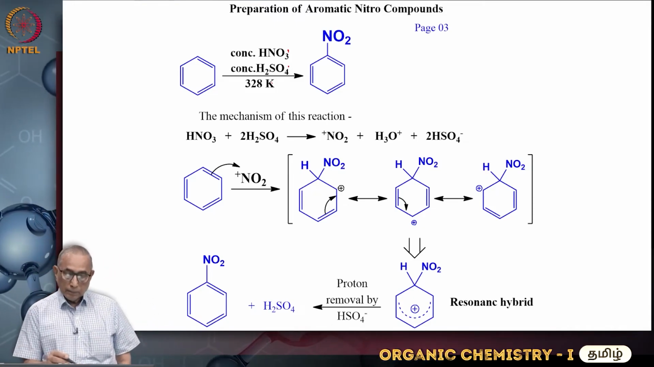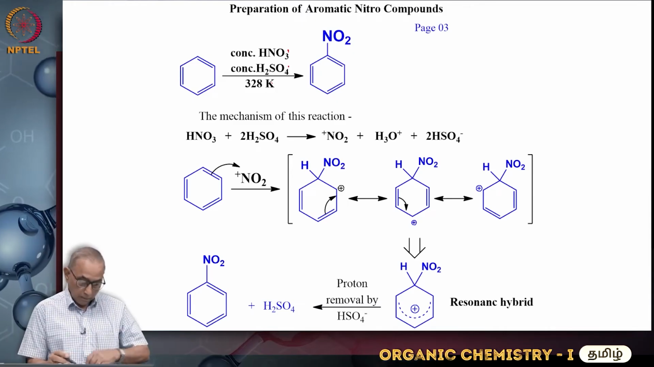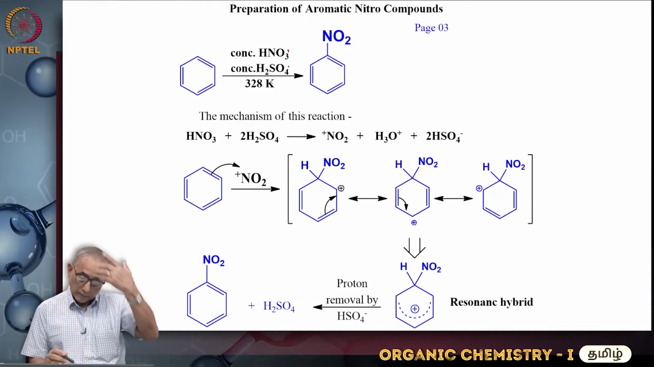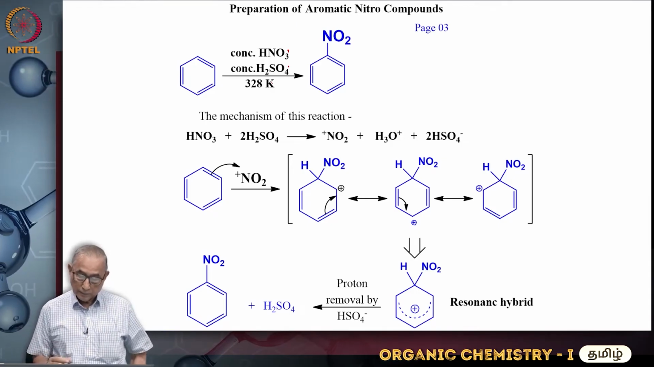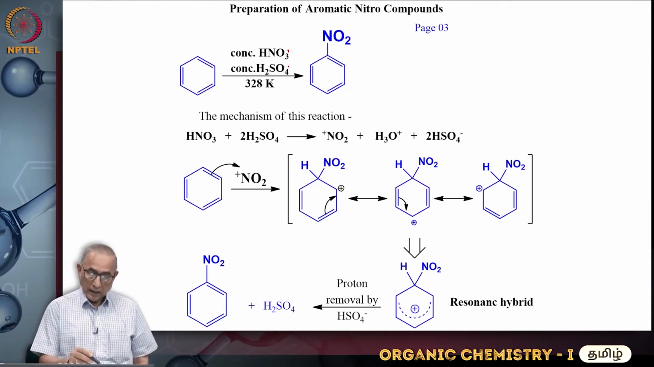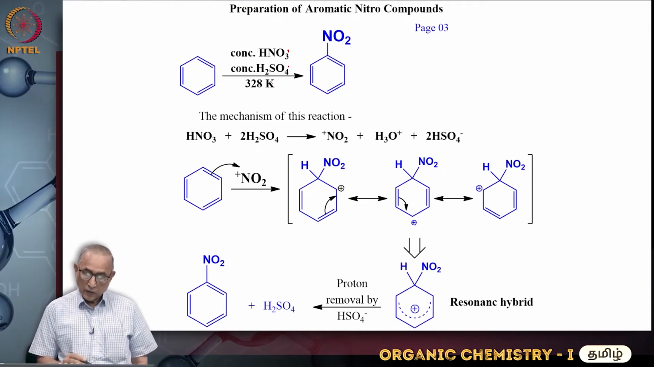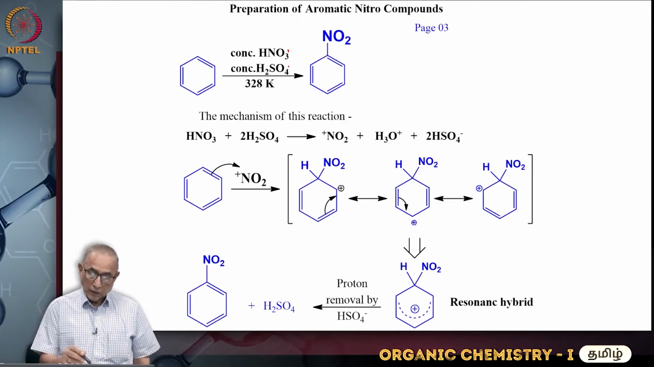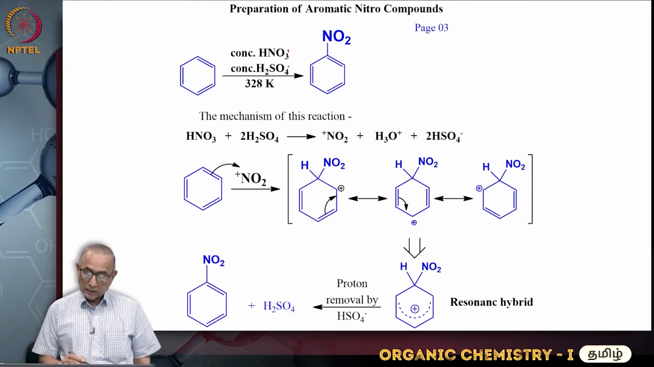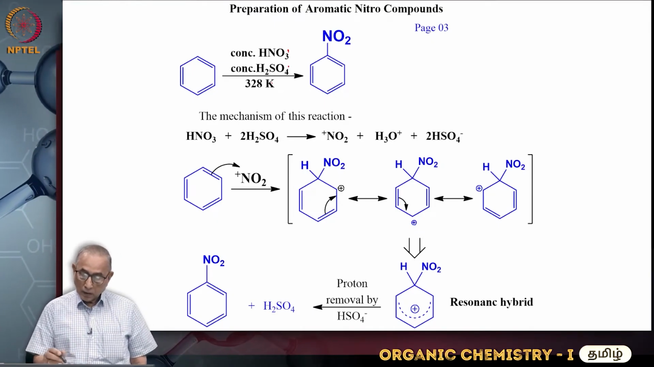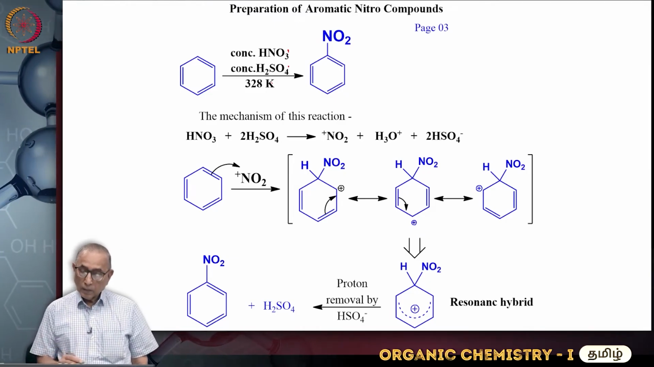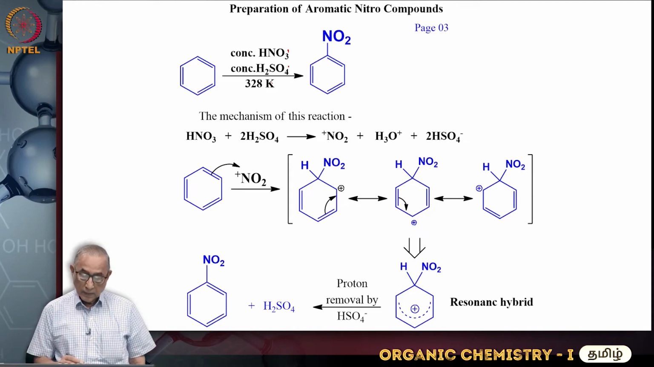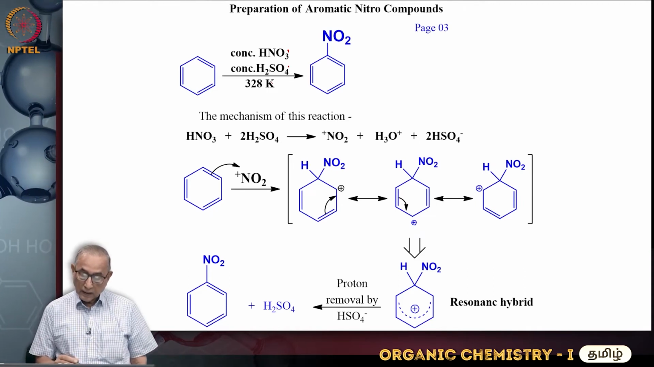Nitric acid plus sulfuric acid becomes NO2+ plus H3O+ plus 2 HSO4-. Essentially nitric acid is a weaker acid than sulfuric acid. Sulfuric acid protonates the nitric acid. A molecule of water is removed and that water is protonated by another molecule of sulfuric acid. The protonated nitric acid